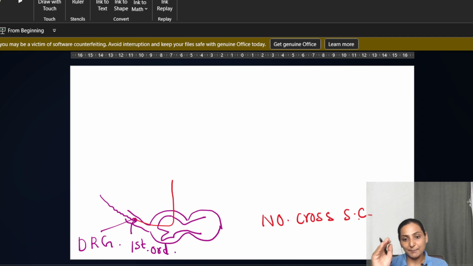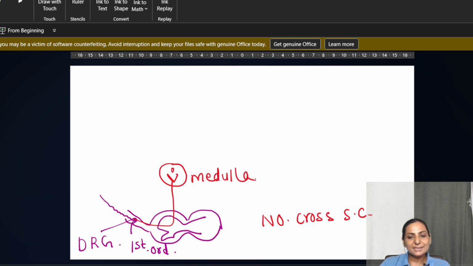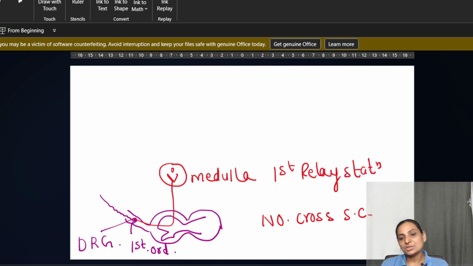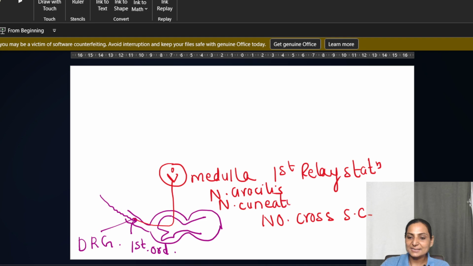So they ascend up and they are going to halt in the medulla. This medulla is going to be the first relay station because they halted for the first time. So this dorsal column is the fasciculus gracilis and the fasciculus cuneatus. So the nuclei become the nucleus gracilis and the nucleus cuneatus, and then they are